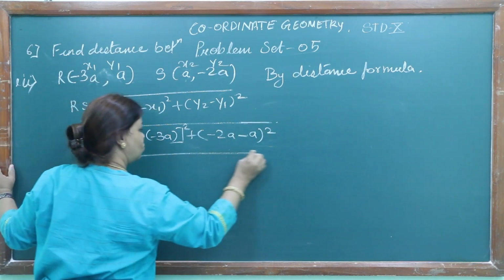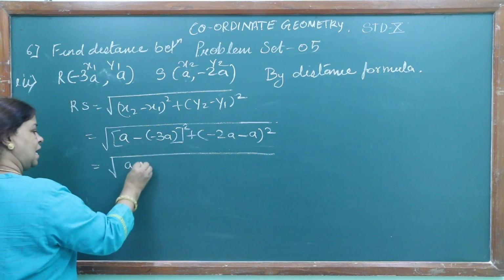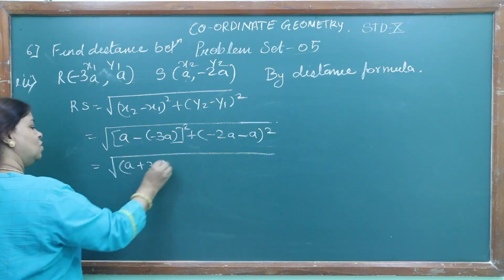So, under the root now a minus will become plus a plus 3a the whole square